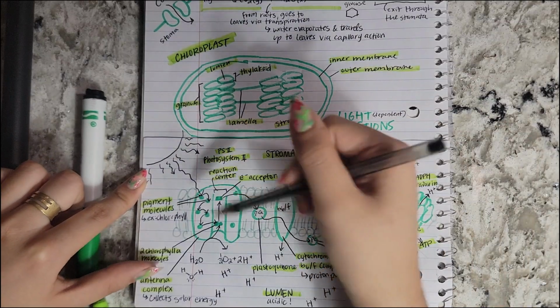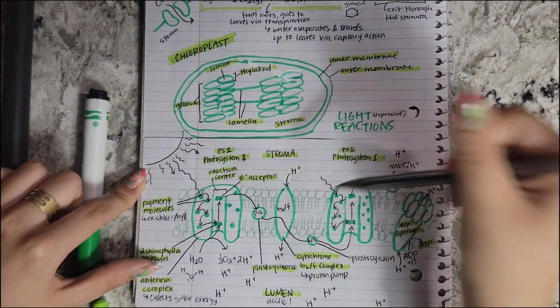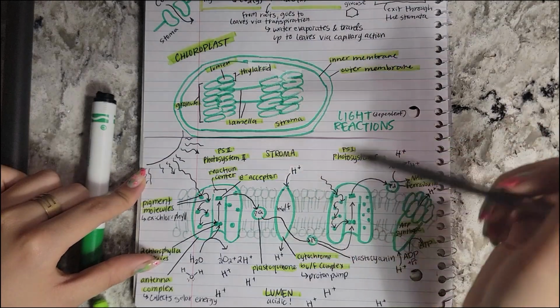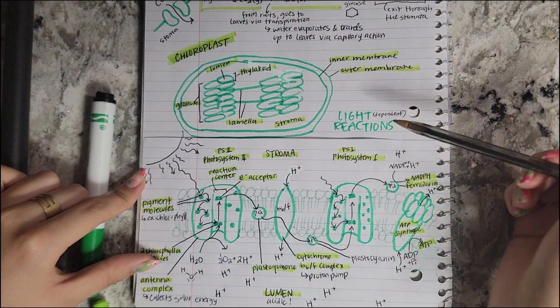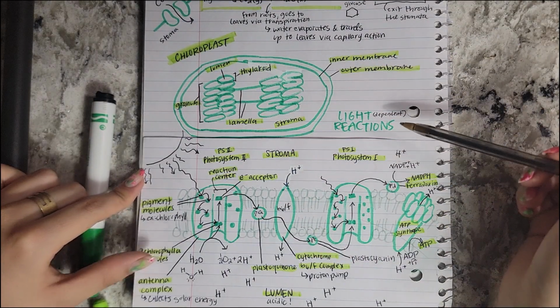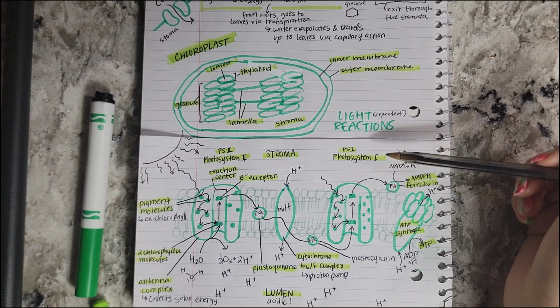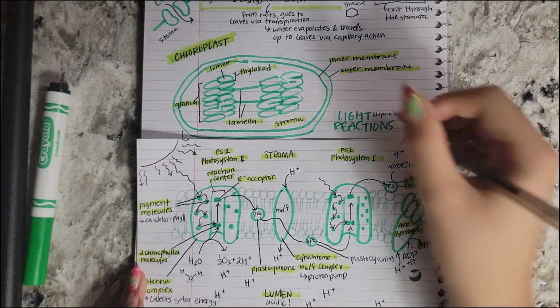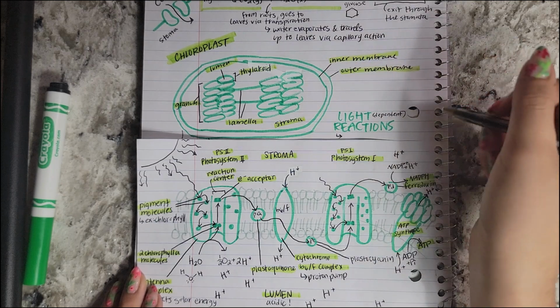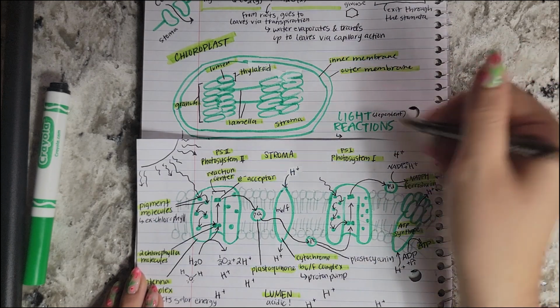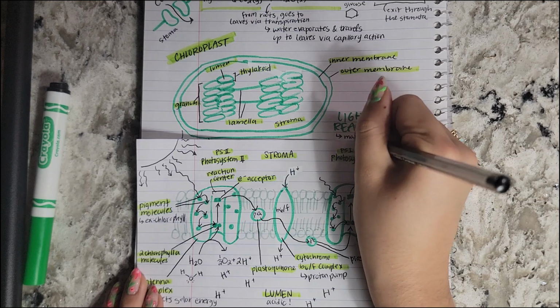If you don't have sun, then you can't boost these electrons to a higher energy level and you can't have all this happening. So this whole sequence is light dependent. It relies on the light. You cannot have it without the light. And in our next little episode, we'll talk about the Calvin cycle. So what you really want to remember from this is the products of the light reactions that we'll need for later is we make